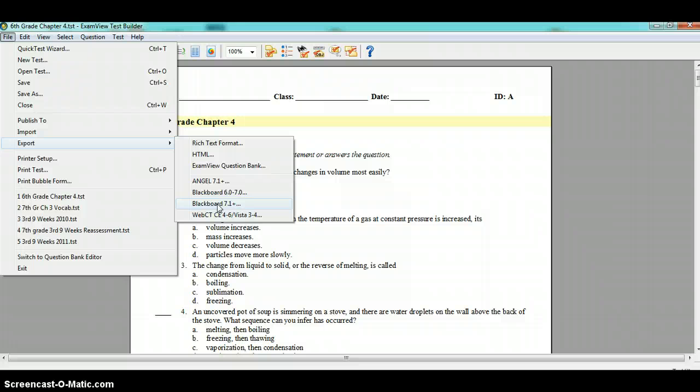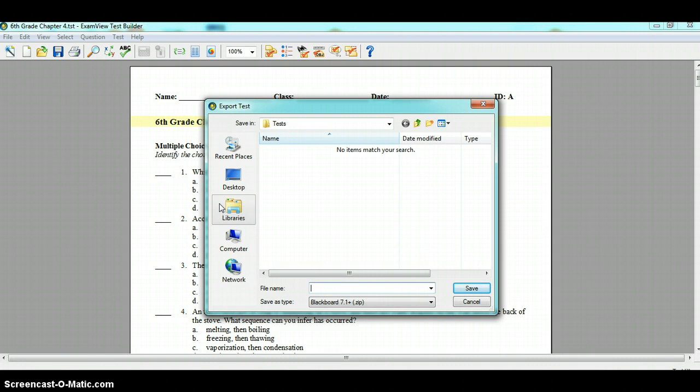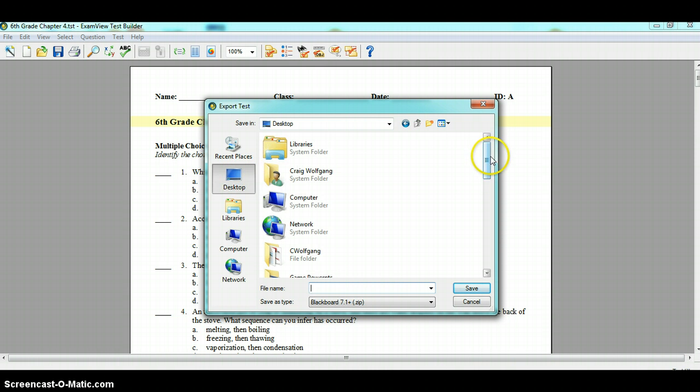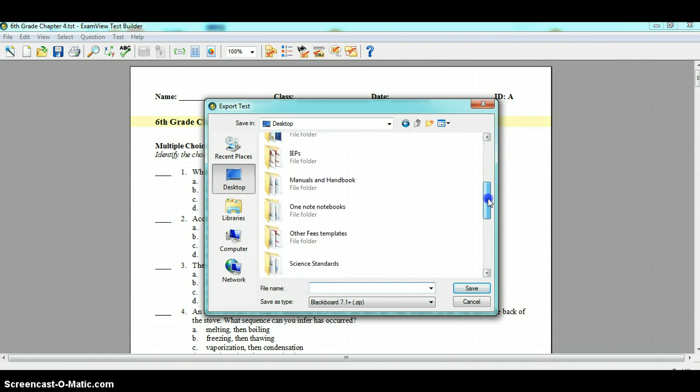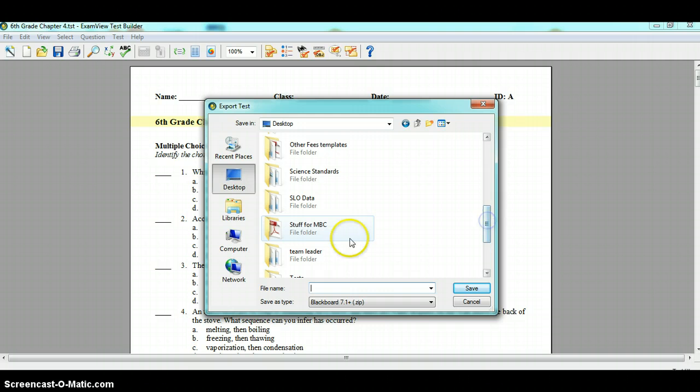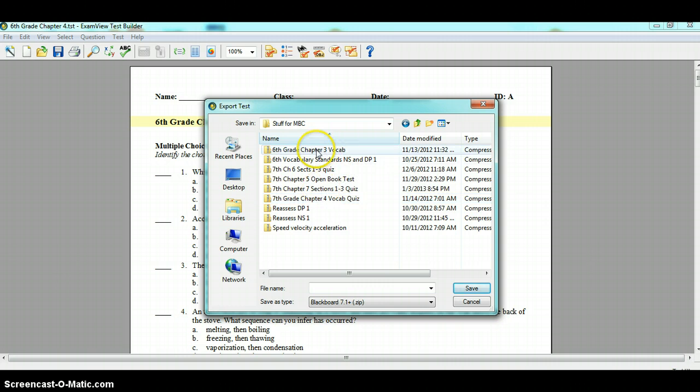So when you click on this, it is going to ask you to save this somewhere. I always pick the same place. I created a folder on my desktop that says stuff for My Big Campus, and so I'm going to save it in that. As you can see, I have other bundles. It basically puts it into a zip drive. And so what I want to do is type in what this is. So let's say this is 6th grade